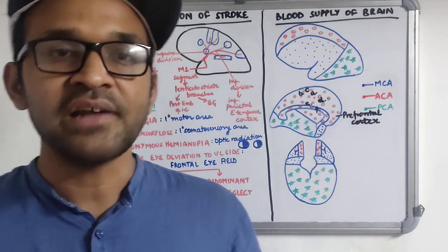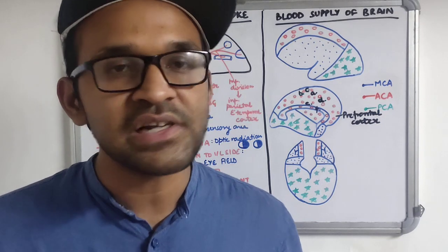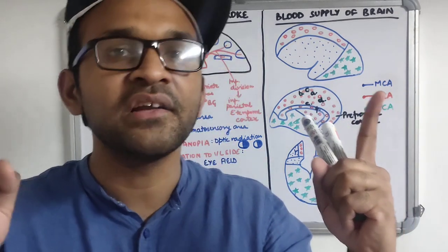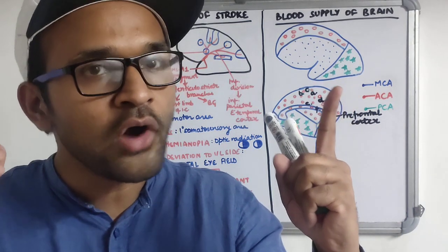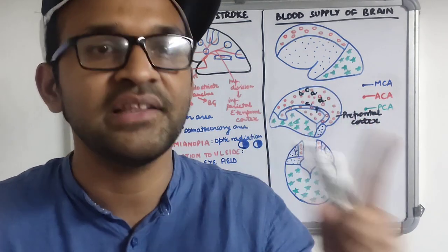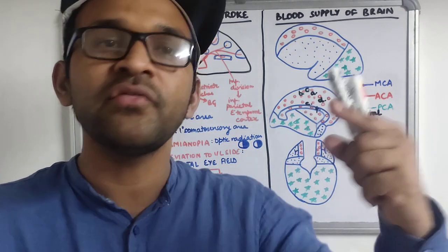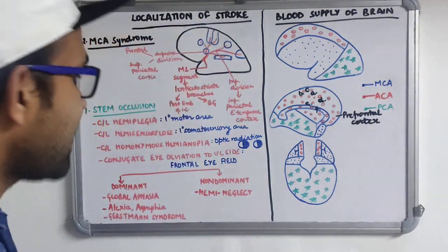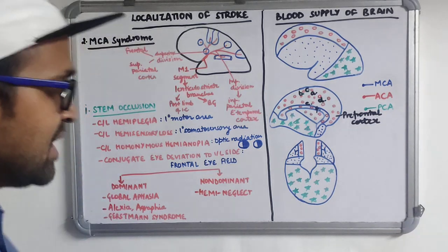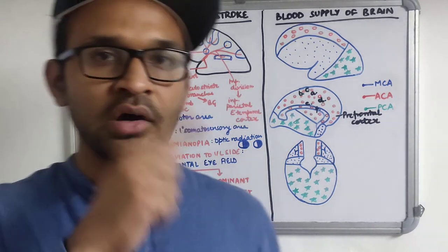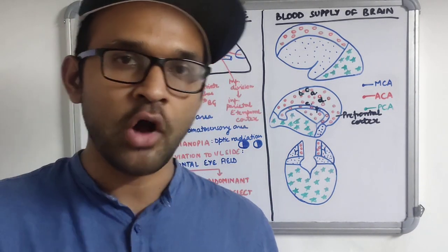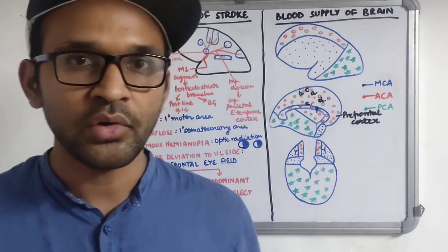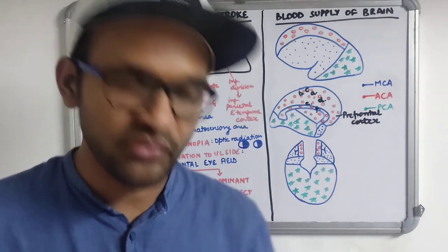Okay. Similarly, if you show him two fingers simultaneously and ask him to point, he will only point at the finger on one side. He will neglect the other side. But if you individually show him the finger, he will correctly point it out. So this is what we call the hemi-neglect phenomenon. Similarly, if you ask him to draw, supposedly, a clock, he will only draw one side of the clock. Okay, so this is known as the hemi-neglect phenomenon.